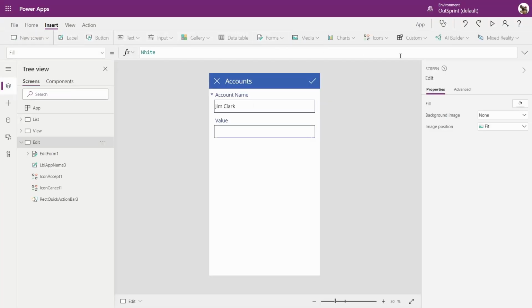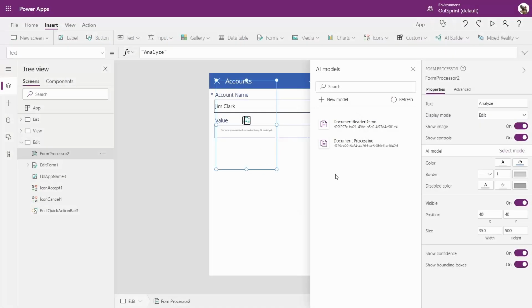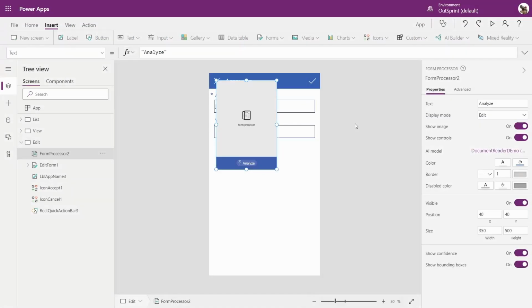As soon as our application is ready, we're going to go to our detail page and add our model, and we can do that by doing the following steps.